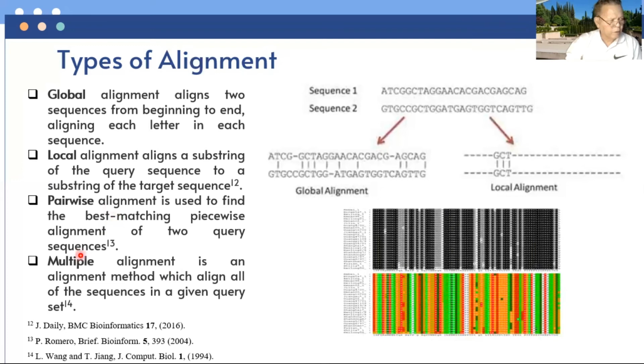A multiple alignment is an alignment method which aligns all of the sequences in a given query set. So let's see, such a concept, sequence motif, can be used in conjunction with structural and mechanistic information to locate the catalytic active site of enzymes.